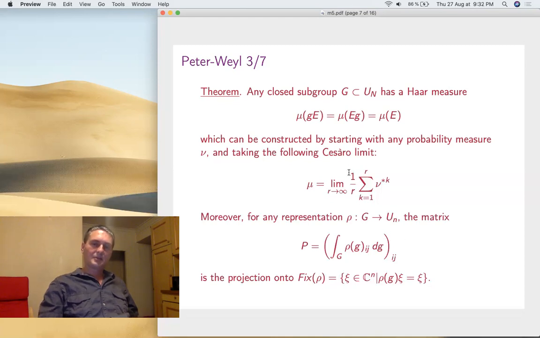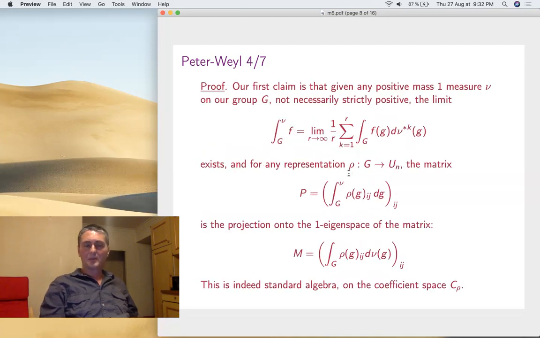So we have to construct these zero limits starting with a probability measure. And the first thing is, let's start just with the positive mass one measure. Not necessarily positive. I mean, there might be some chunks there of the group G where the measure is 0. Okay. So my claim here is that if I take the zero limits, I'm actually interested in integration, not in